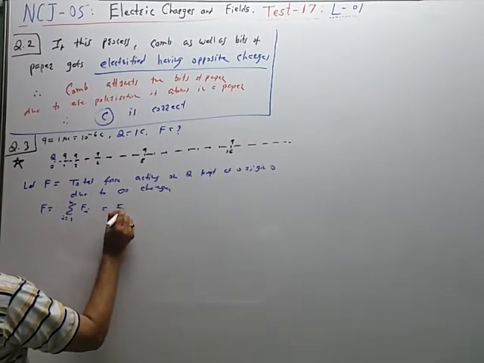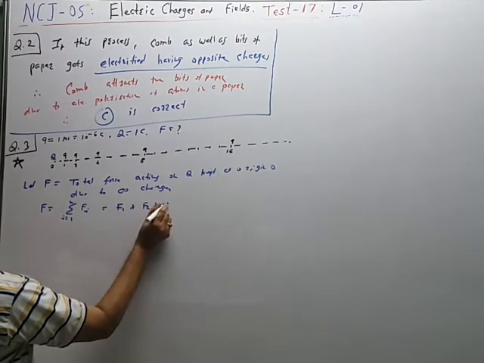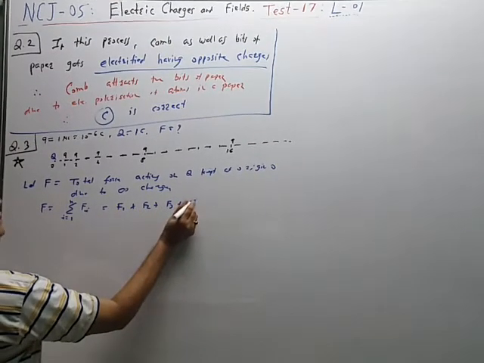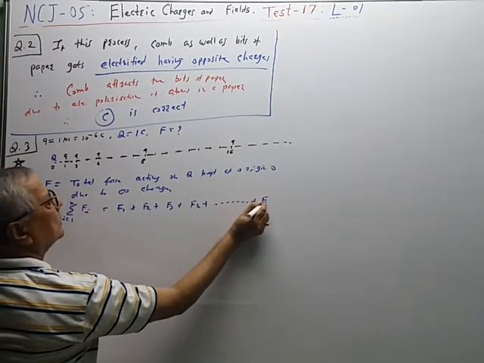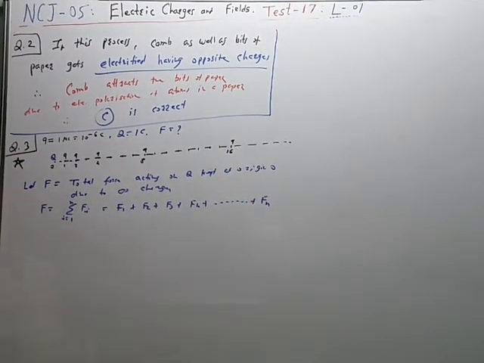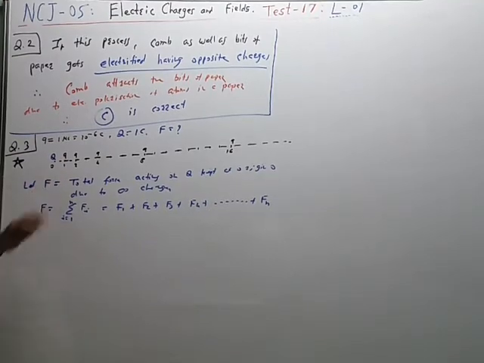So this is equal to F1 plus F2 plus F3 plus F4 up to Fn. Like this. So F1 is the force between